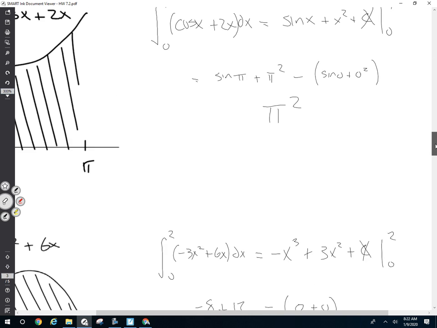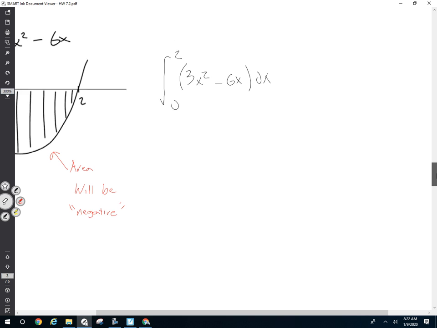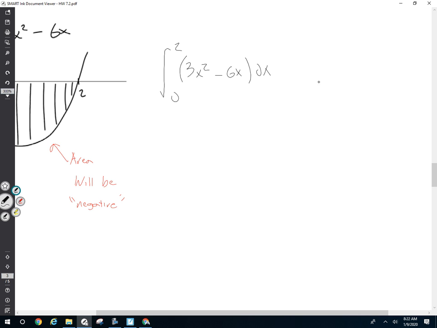Okay, anyways, just like the previous one, the antiderivative is x cubed minus 3x squared plus c. We won't need the c because when we subtract the final position from the initial position, the c's will cancel. I get 8 minus 12 minus 0 minus 0. I might as well throw the plus c's in here, just to show you,